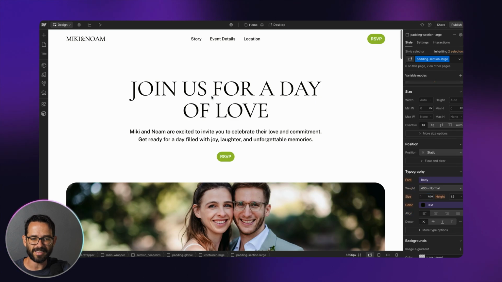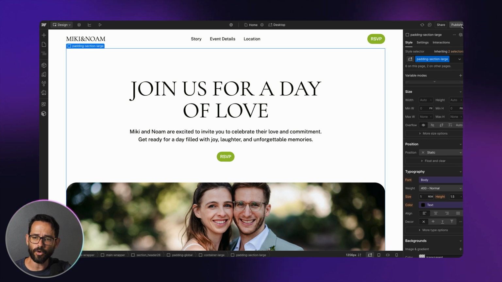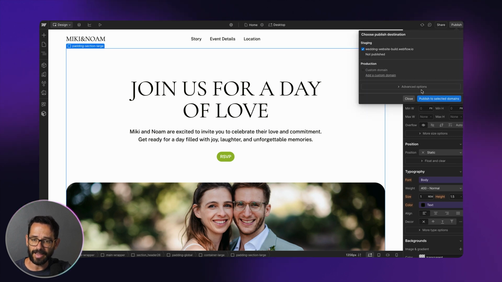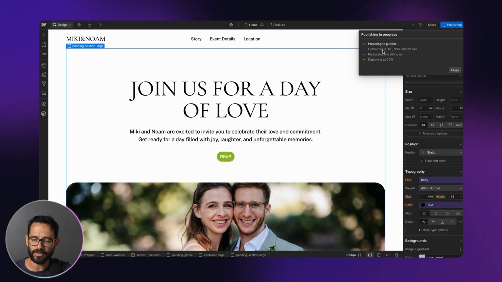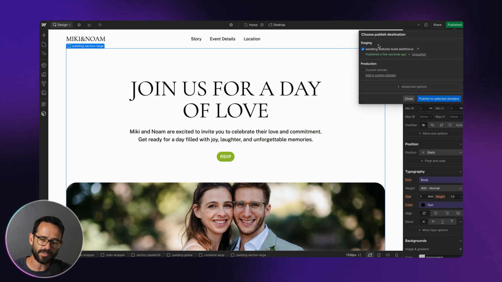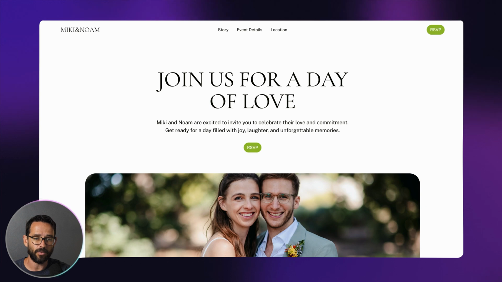Okay, so with that, the design is ready, and we can go ahead and publish. I can go ahead, and Webflow is giving us a free domain. You can see it's a webflow.io domain. Of course, for a professional website, we're going to buy a hosting package and connect our custom domain, but this is already published. Now this is a fully functional website. You see wedding websites, Webflow.io,